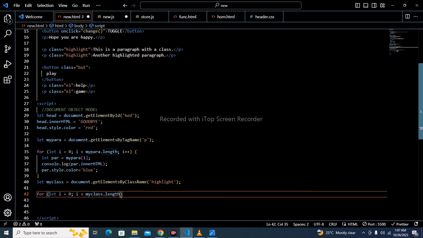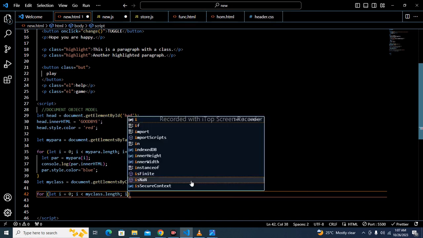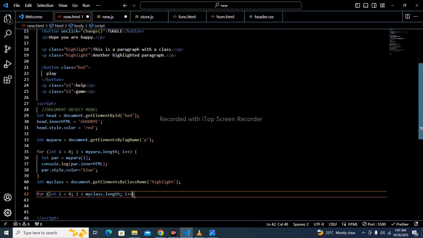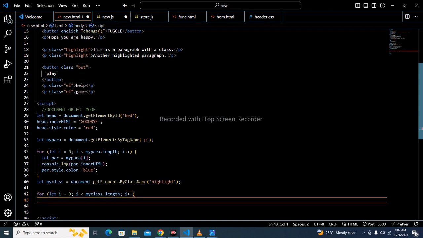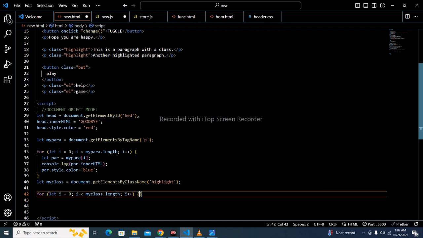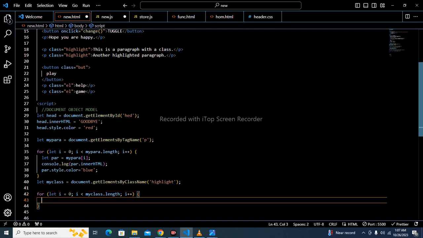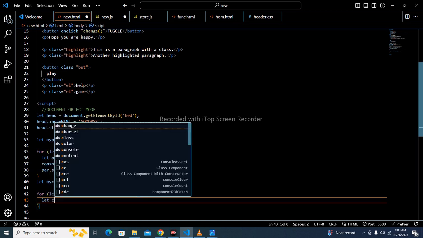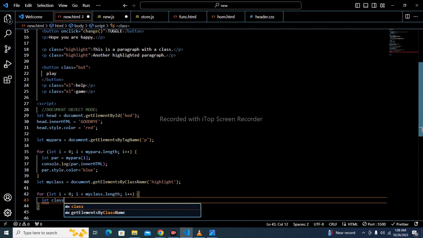Then use the increment step i plus plus. So we can now